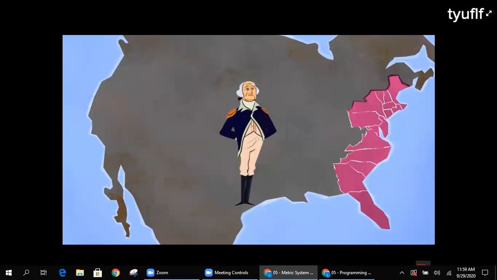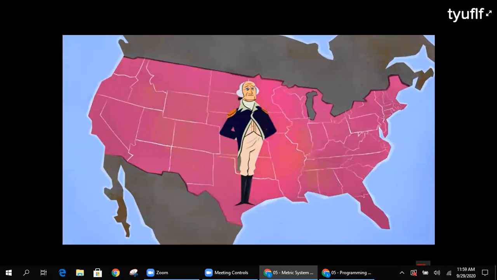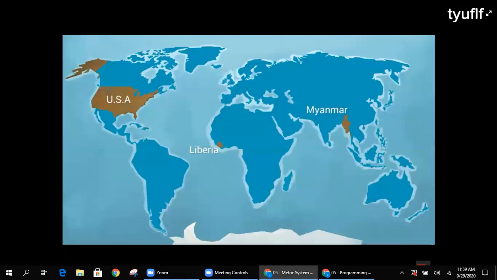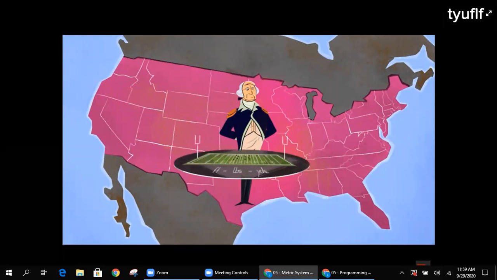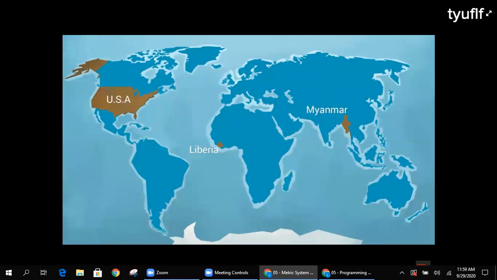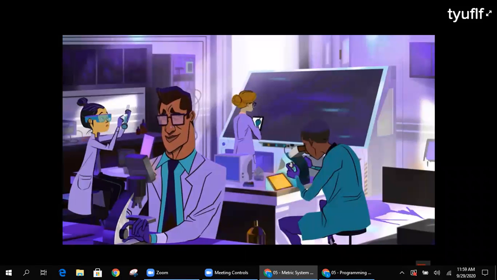However, this switch came too late for 13 former colonies that had already gained independence. The United States of America stuck with the English units of its colonial past, and today remains one of only 3 countries which haven't fully embraced the metric system. Despite constant initiatives for metrication, many Americans consider units like feet and pounds more intuitive. And ironically, some regard the once revolutionary metric system as a symbol of global conformity. Nevertheless, the metric system is almost universally used in science and medicine, and it continues to evolve according to its